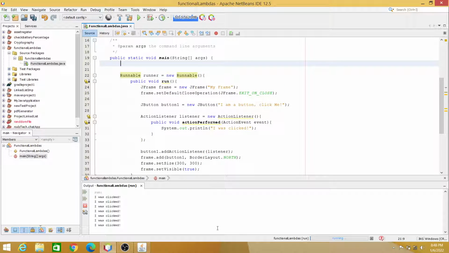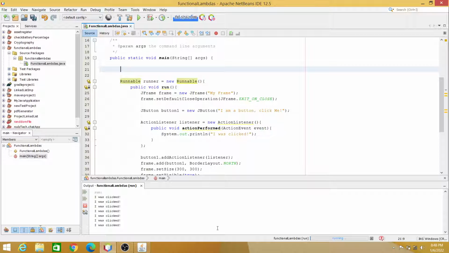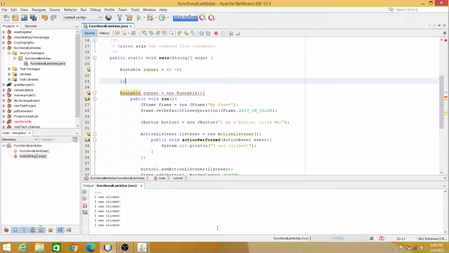So functional lambdas is implemented by Runnable. We call also this one runner, then equals to the arrow and then the body, and inside our Runnable or runner class we will pass this one,